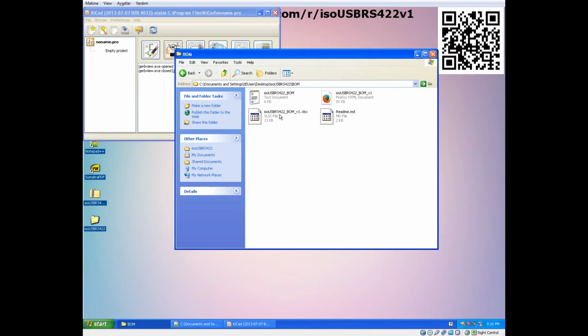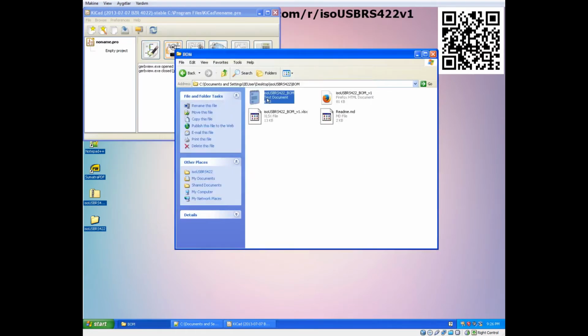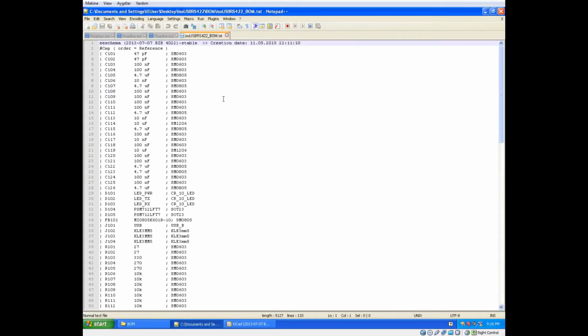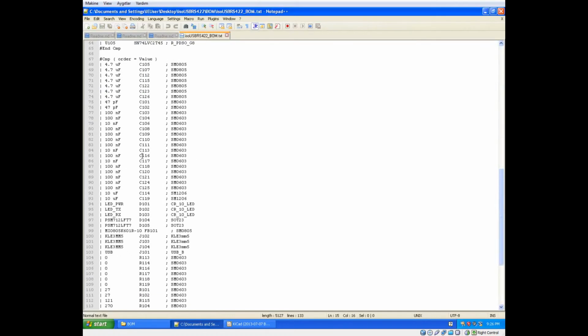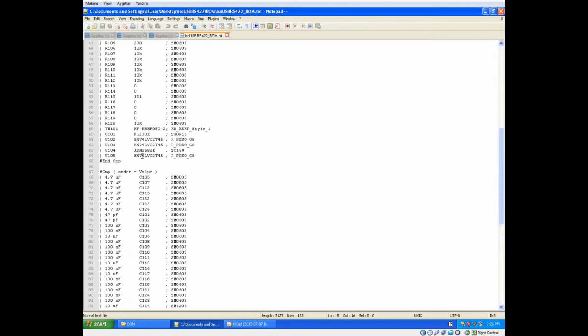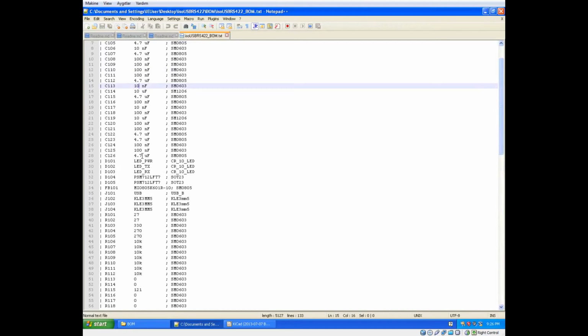The same list is given as an Excel file. The .txt file is exported from KiCad. Maybe it will become useful during placing and soldering.